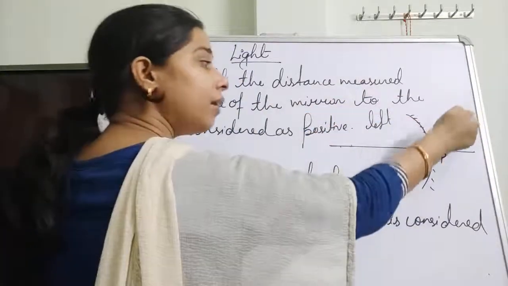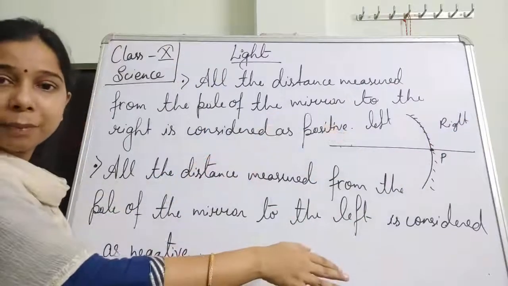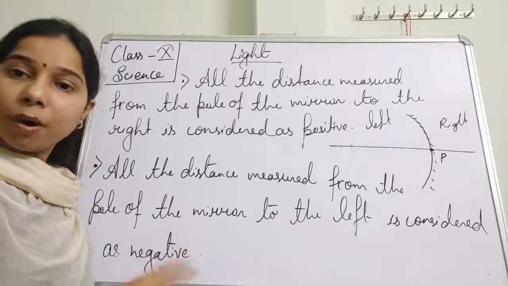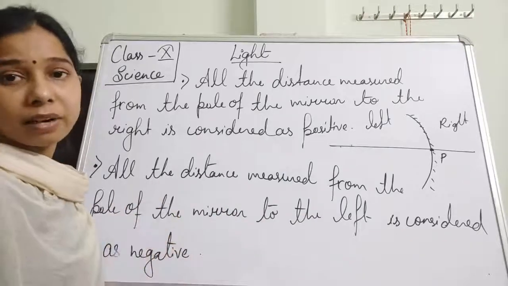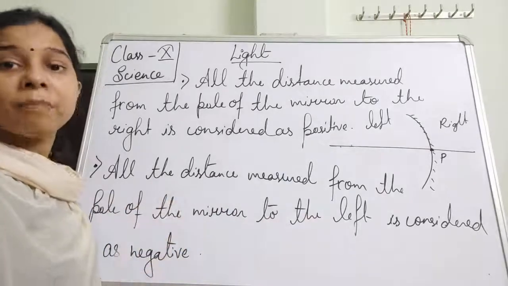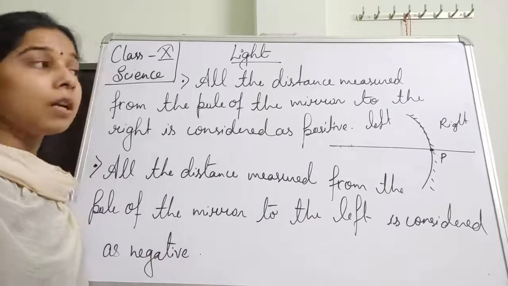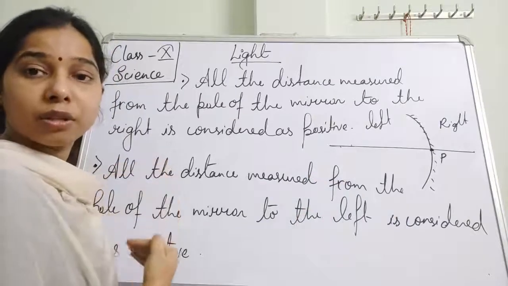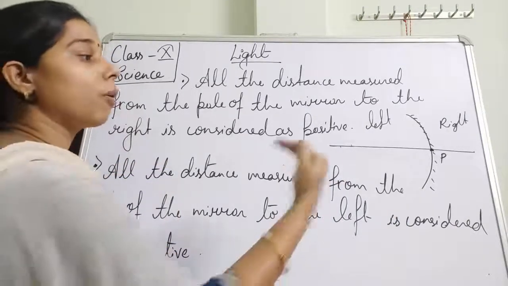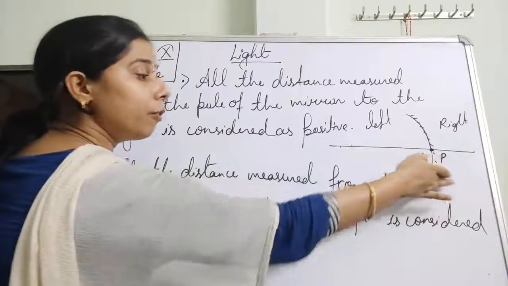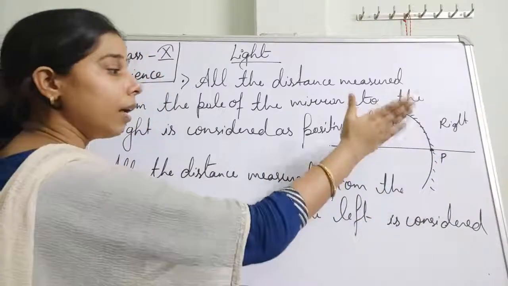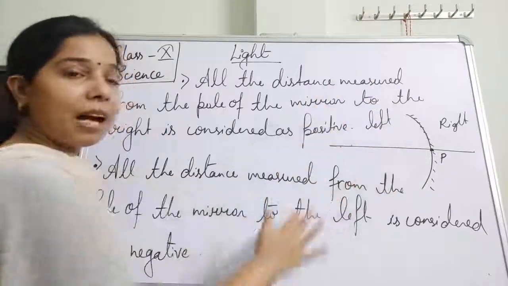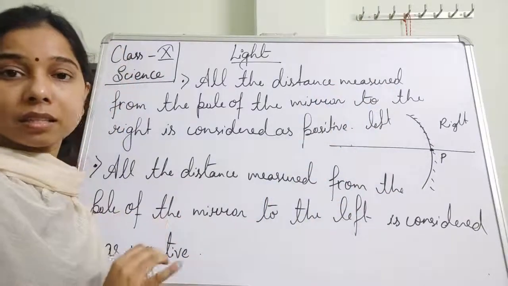So it means at the right side, whatever is kept there, whatever be the direction at the right side, it will be taken as positive. So if the object is kept at the right side, it is positive. If the image is formed at the right side, that is taken as positive. But if it is moving just opposite to the direction of incident light, from right to left, it will be like this, students. So if the image is formed at the left side of the mirror, that is considered to be negative.